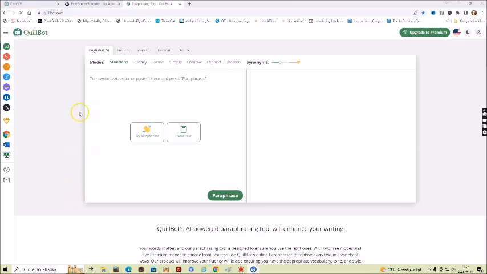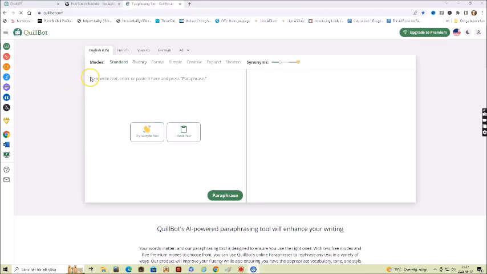You can use it for free and update the page and rephrase more text, or you can upgrade to put in more words, but use fluency so it sounds more human, everyday.